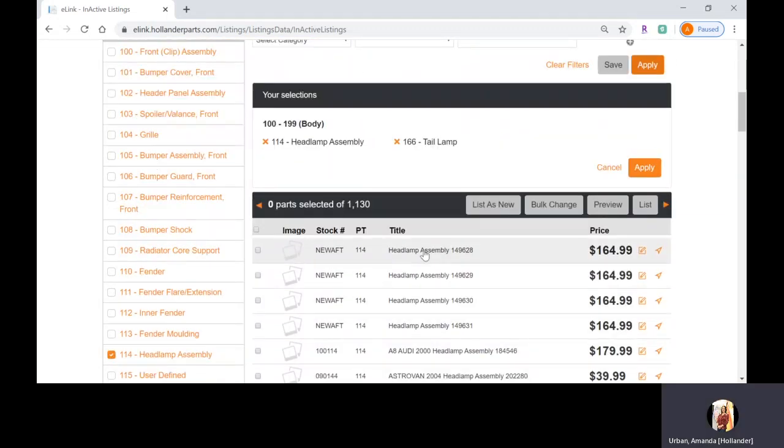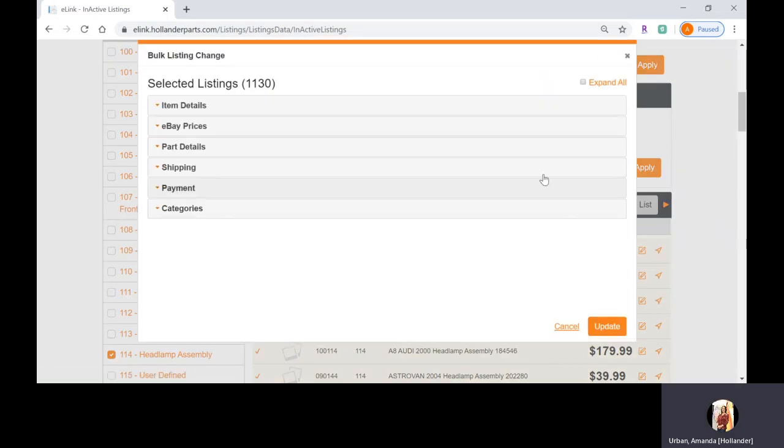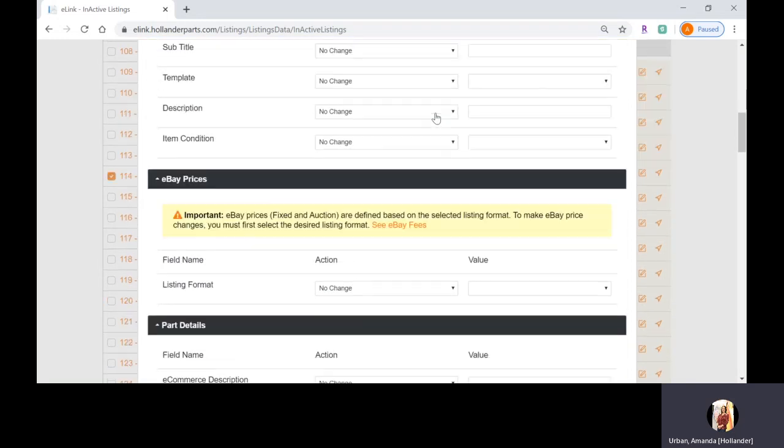All right, I have 1,130. Again, please remember that I'm not looking at these titles and the pricing for advice, as well as the photos here. So I select all. I can go through, and this feature is the exact same as before. I expand all, and I can come through here